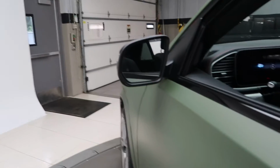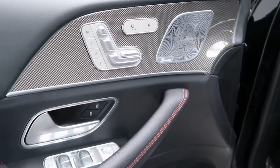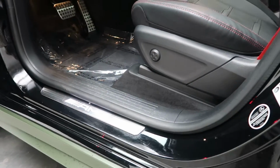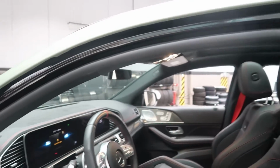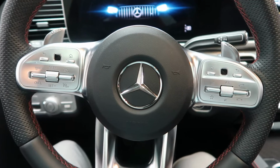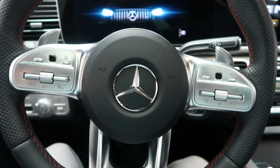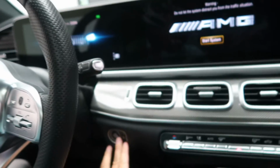blind spot assist, Burmester sound system, heated seats, ambient lighting, illuminated door sill, original car color is black as you can see. Red seat belts, leather steering wheel controls with Bluetooth capabilities, smartphone integration with Android Auto and Apple CarPlay, paddle shifters for extra performance, a push start ignition,